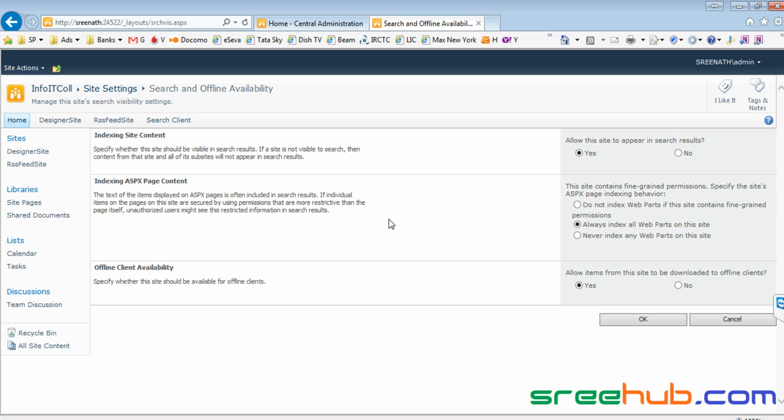You can do those things in your SharePoint. That is nothing but offline client availability. When you say yes, from outside the client you can search all the components of your website, which is under layouts. Under this folder you will have something called layouts. Yesterday we have seen something called inetpub, under which we have something called